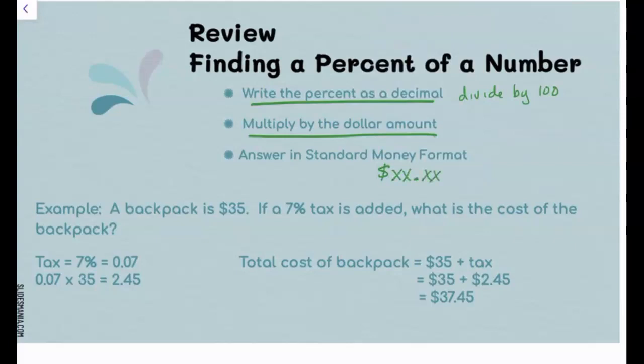And here, this is an example that is in your Google form. Buying a backpack for $35 with a 7% sales tax. We take that 7% and turn it into a decimal right here. Then we take that decimal and we multiply it by the cost of the backpack. Then we take that backpack cost and add the tax to it, which is $2.45, and we have a total of